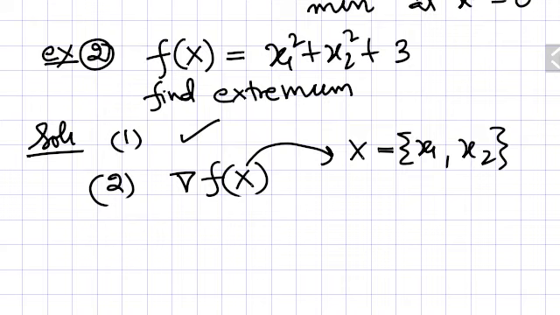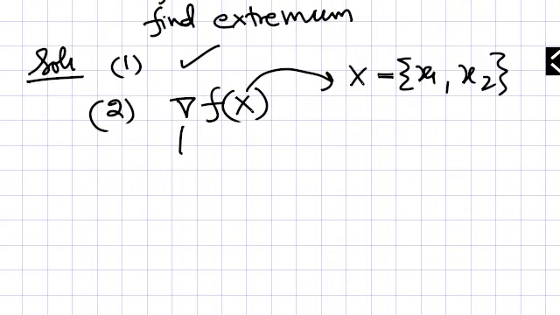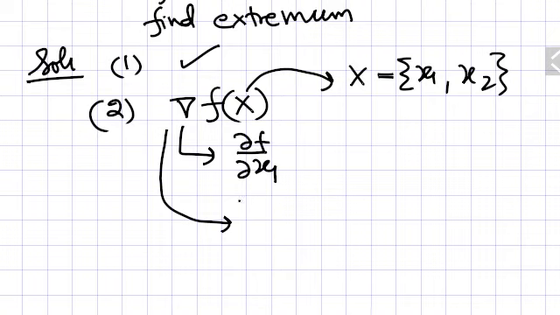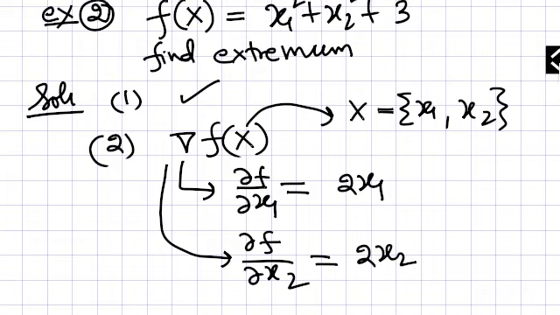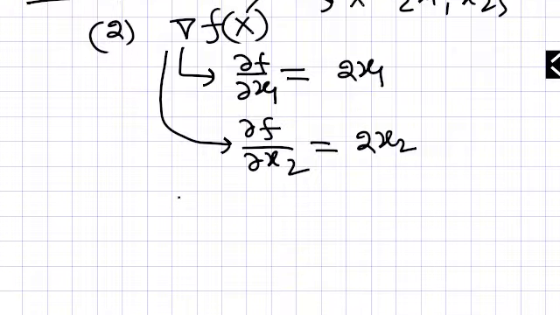So for this purpose you have to first differentiate it with respect to the first variable, or also, when you say differentiation, it means that you will take partial differentiation with respect to both the variables. So first you will get 2x1, and for the second you will get 2x2, and after then for the second condition you will make this